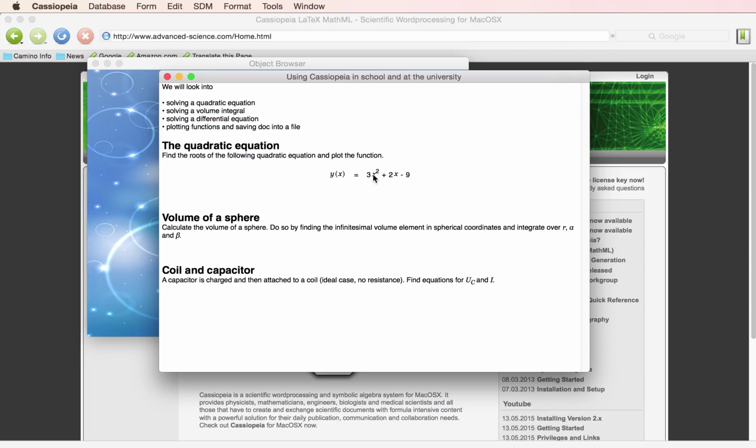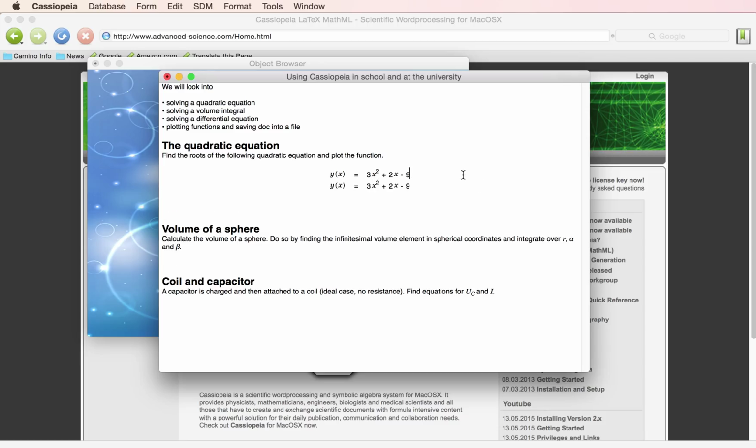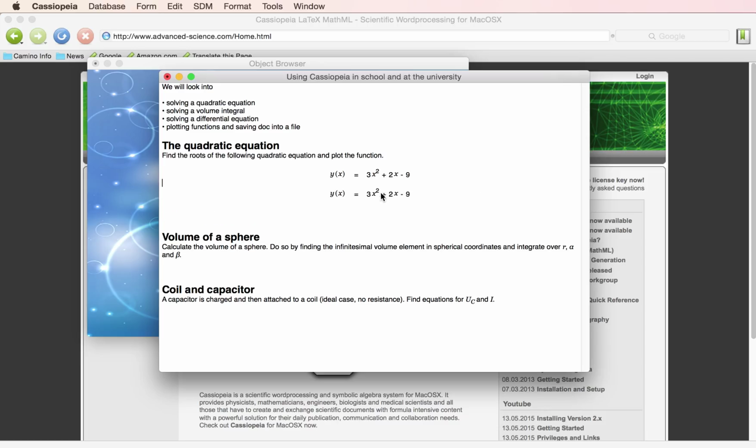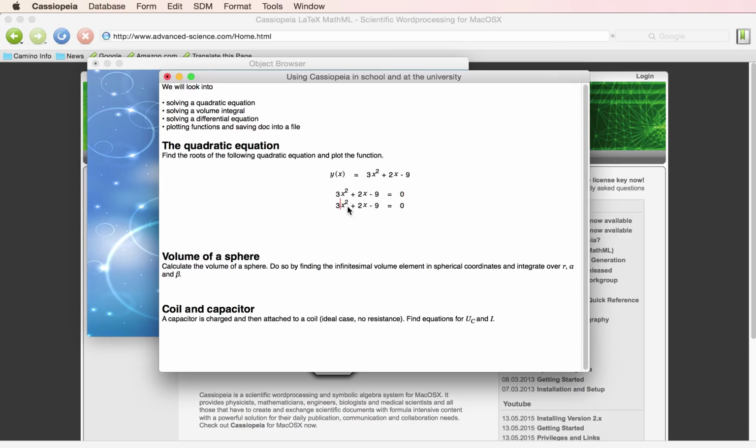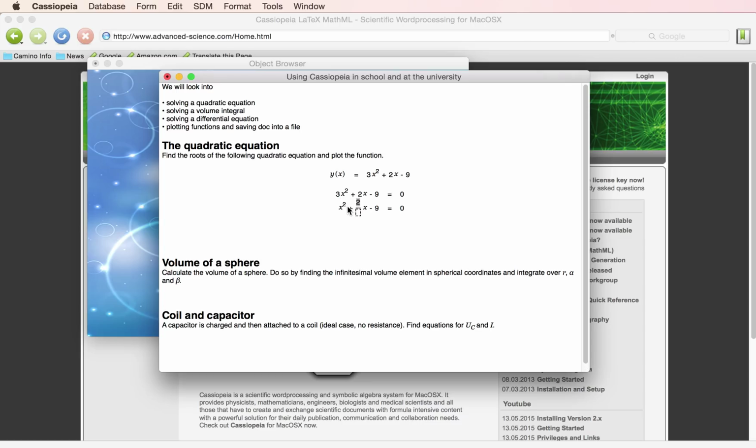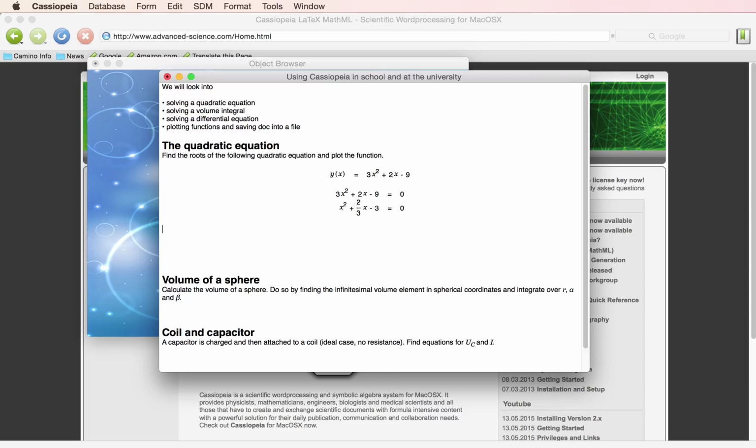Okay, let's make a duplicate of this equation by double-clicking on it, and let's set this to 0. Double-click again to duplicate and divide by 3. We will use the p-q formula to solve this equation. It is